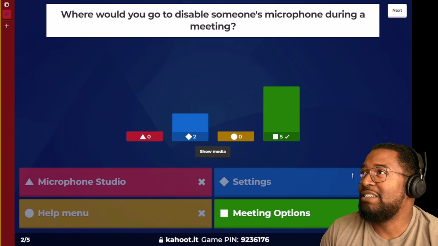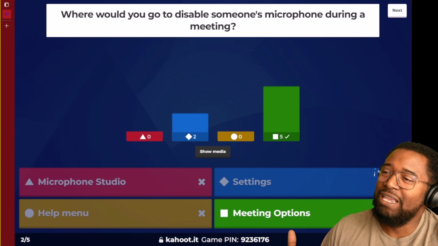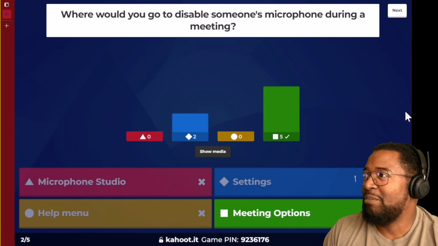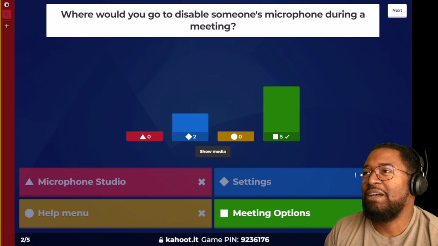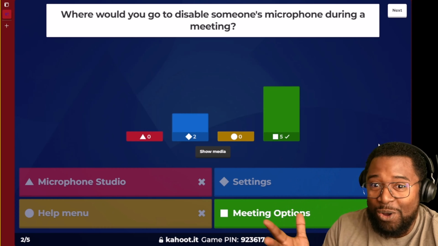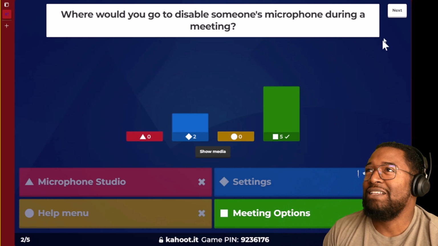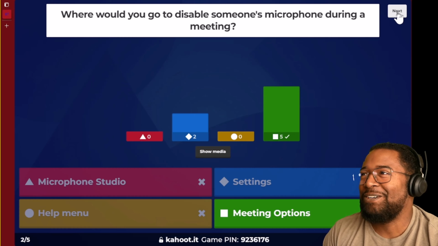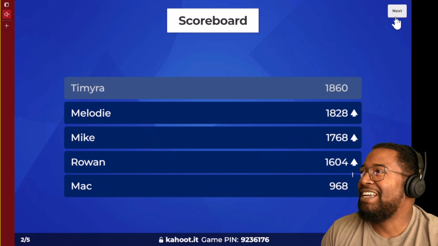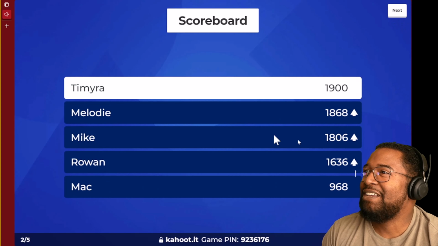Again, it's disabling someone's mic during a meeting, so that would be the place to do it. Settings in general, you could disable your own mic, but it's not a mic during a meeting. So that might have been a little tricky wording. I don't know. Let's see if that changed the board a little bit.